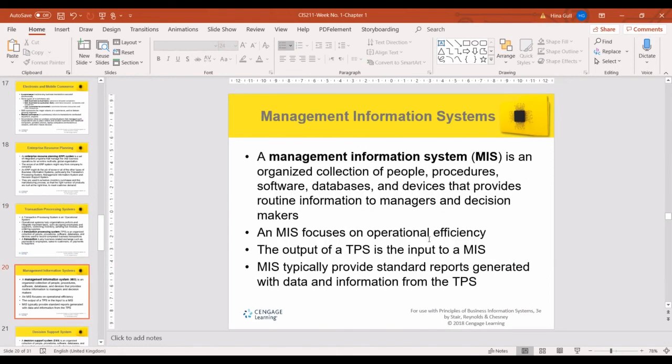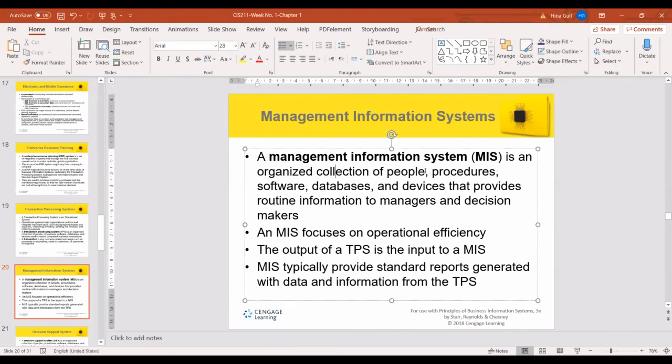We discussed that MIS is an organized collection of people, procedures, software, databases, and devices that provides routine information to managers and decision makers, like the head of department or the dean of our college, Dr. Abdullah Mahidab, who needs routine information. How many teachers are working right now in CIS? How many teachers are working in CES? How many students have been enrolled in CIS? From where does he get this information? So there must be one system, which is called